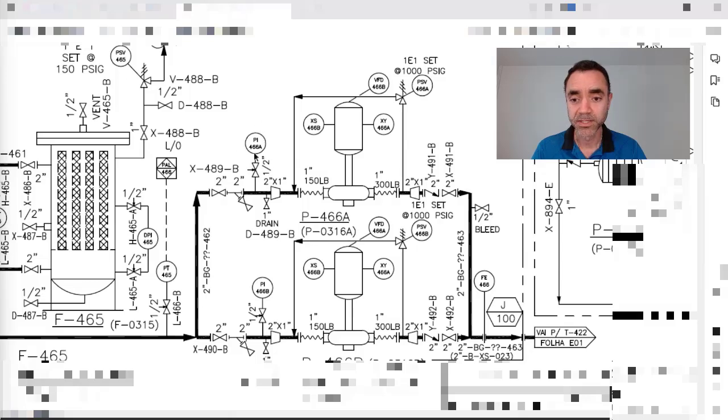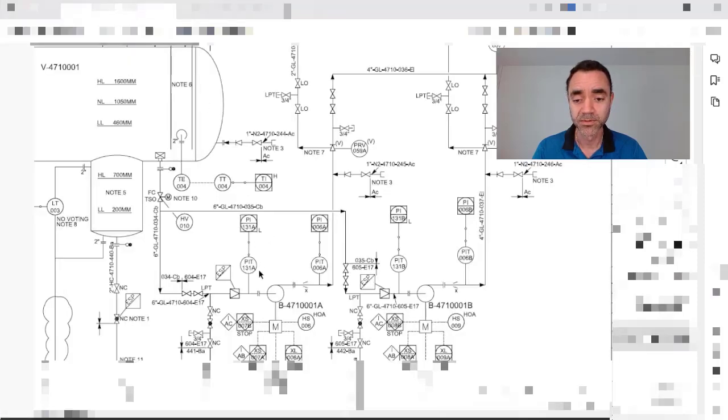with the pressure indicator. It's very common that every pressure indicator or pressure transmitter that you have in the field has an isolation valve, but some companies decide to show that in the pipe instrumentation diagram, others decide to not show. So if we return to the previous drawing, you can verify that an isolation valve for the pressure indicator transmitter is not shown here, but for sure in the field you will find this valve installed.